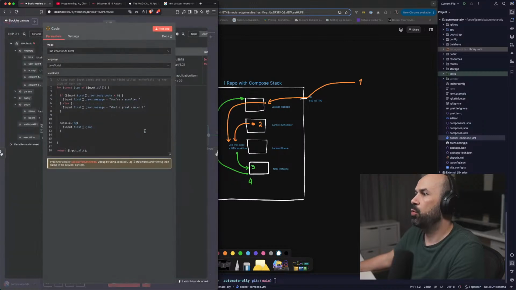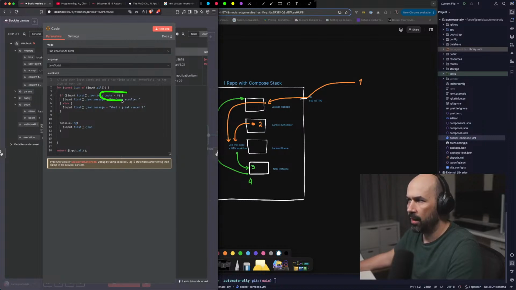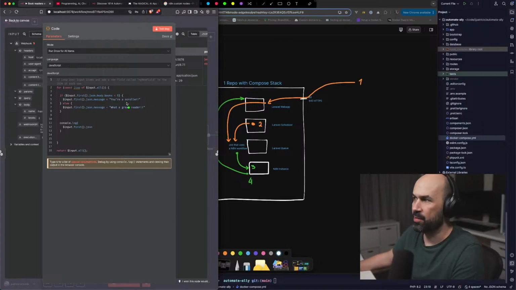Then we are going to have a full code JavaScript where we will look at the books property in our payload. If it's lower than 5, we are a scroller. But if it's greater, then we are a great reader.